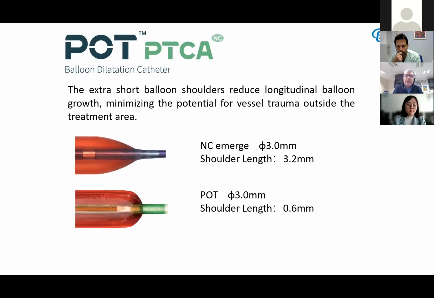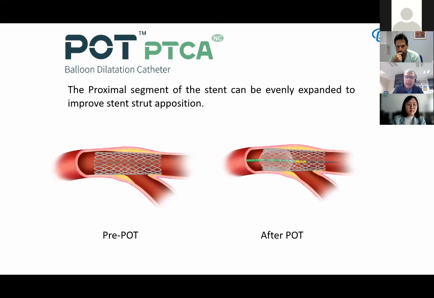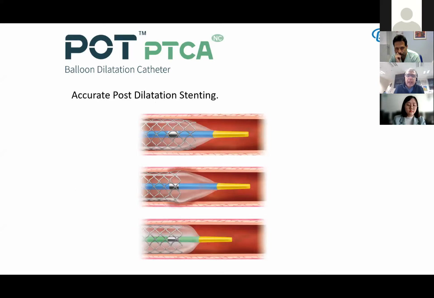So this is an exemplificative cartoon to show very well the importance of the short shoulder to have a big pressure against the edge, but not only, another very important point is to concentrate the force in a very small area to optimize the result. And another point that we discuss is